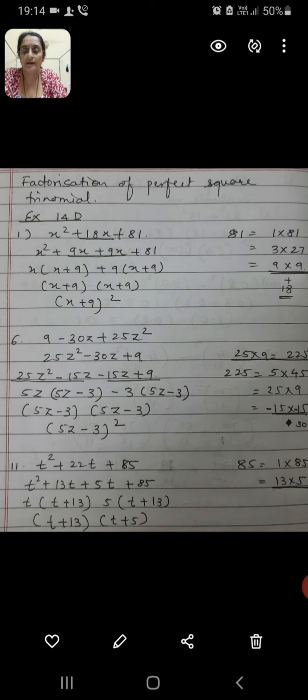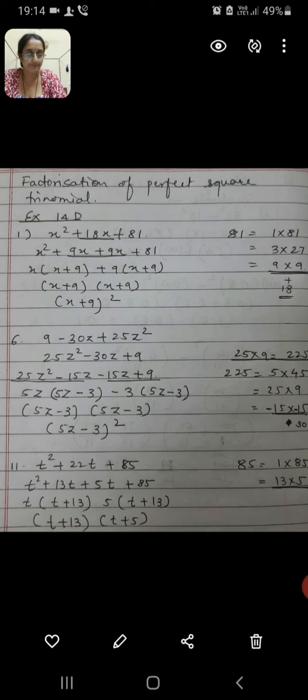So what is common between x square plus 9x? Take out x. In the bracket, x plus 9 will remain. The second part is 9x plus 81. Again 9 is common between them. Take 9 outside and x plus 9 will be in the second bracket. So take the common bracket out first. x plus 9 is the common bracket, that we put as the first factor, and the remaining term, that is x plus 9 again, we put as the second factor. So we got two factors, that is x plus 9, x plus 9. So you can write it as x plus 9 the whole bracket square.